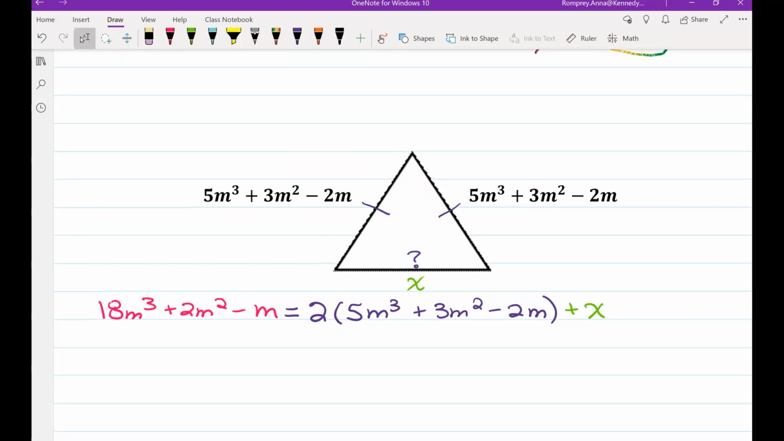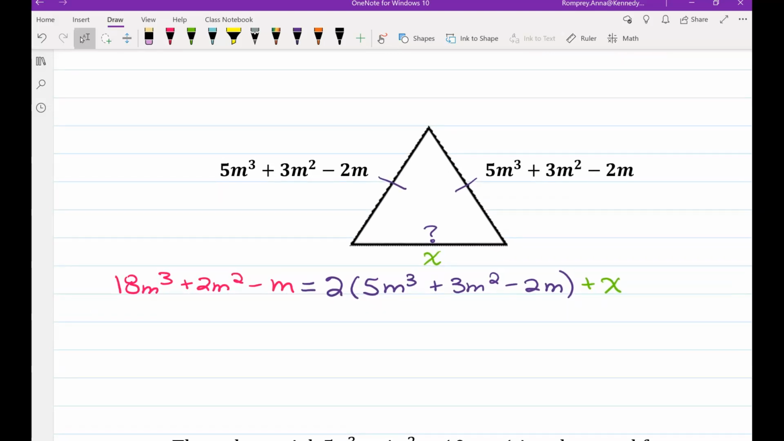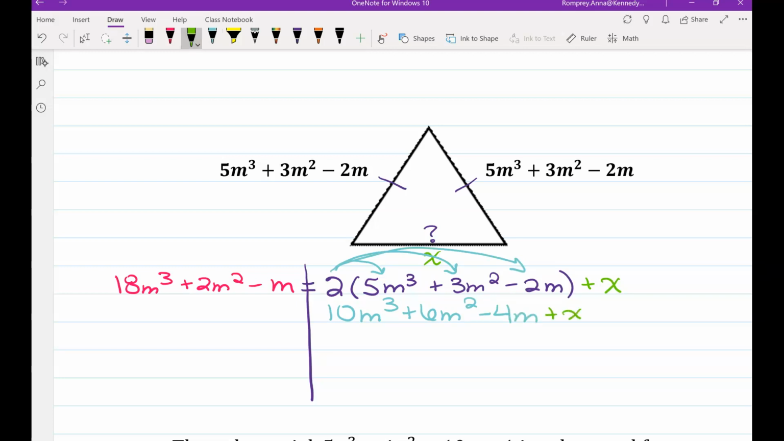Alrighty, so we are finding the perimeter. So right now I've set up a nice equation. All I have to do is solve. So looking at the left side, I don't see anything that I can simplify here. So I'm going to start on my right. First, I'm going to distribute this positive 2 to each of my terms. So 2 times 5m cubed, so I've got 10m cubed plus 6m squared minus 4m, and then don't forget our missing side, so plus x